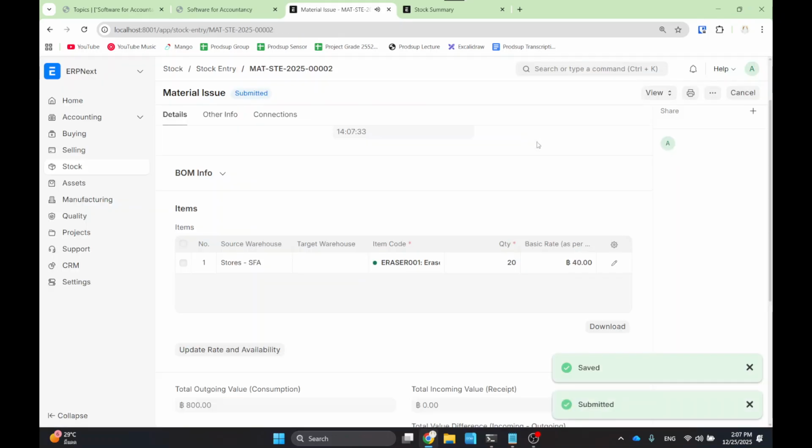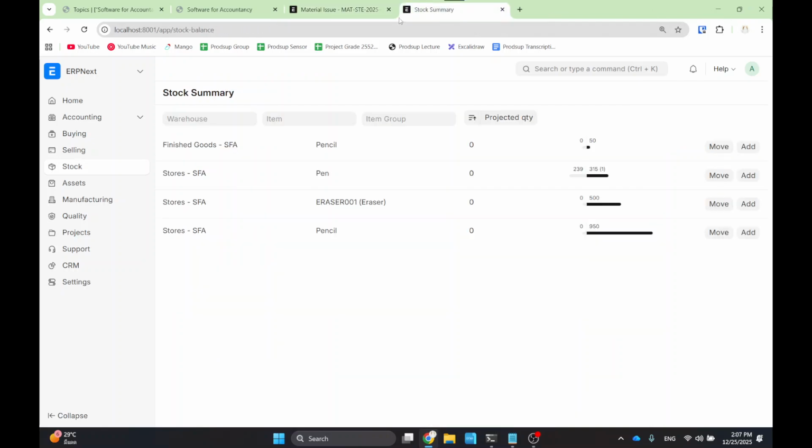Okay, and again, if I check my stock summary, I should have less eraser in my warehouse. So let's check if that's the case. So right now I can refresh the whole page and see the number changes. Okay, right here. It's 480, so now it's